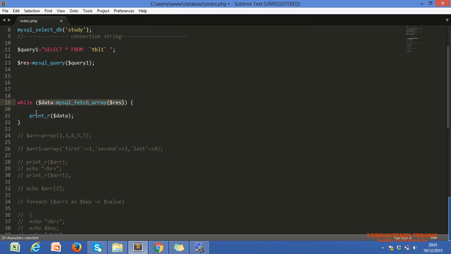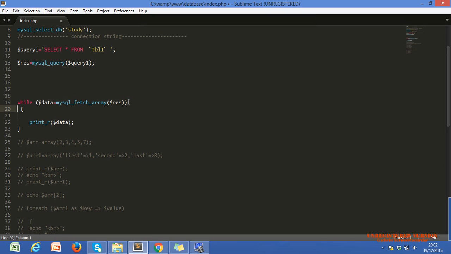Yeah, this is somewhat complicated. I'll explain it to you in detail. Just keep in mind that if we use it outside of any loop or a while loop, then we get only one row. Otherwise, if we use a while loop and print the data within the while loop, then we get all the data. Okay, Nazar. Okay, Rakhi.